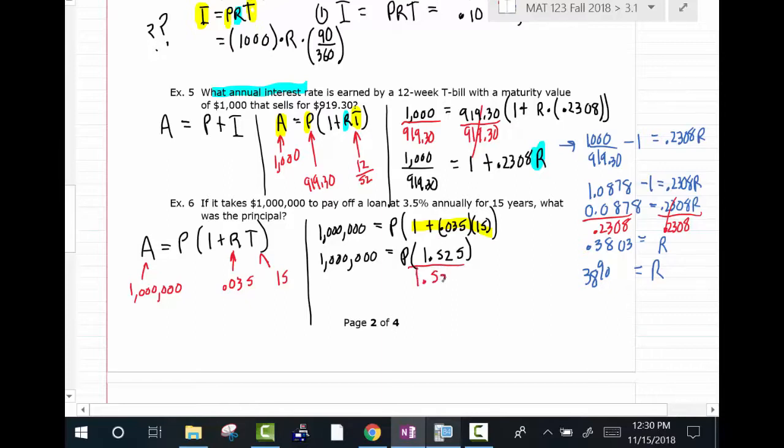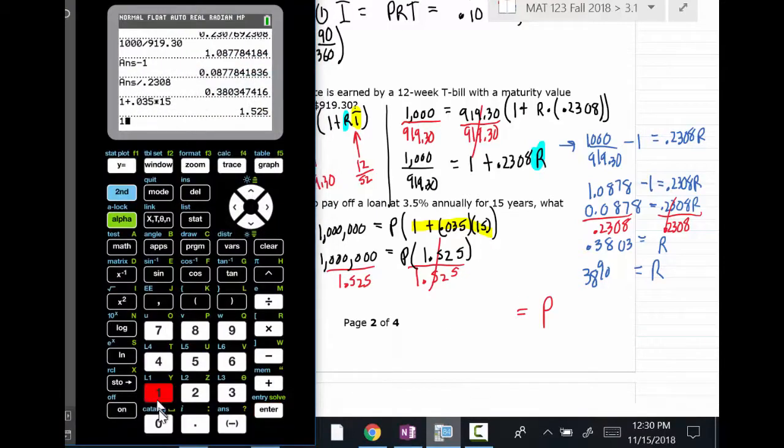Divide both sides by that number, right? Got to divide. Okay, then you do that, and you'll have the answer of the problem. So the principal would just be $1 million, and then divide by the 1.525,